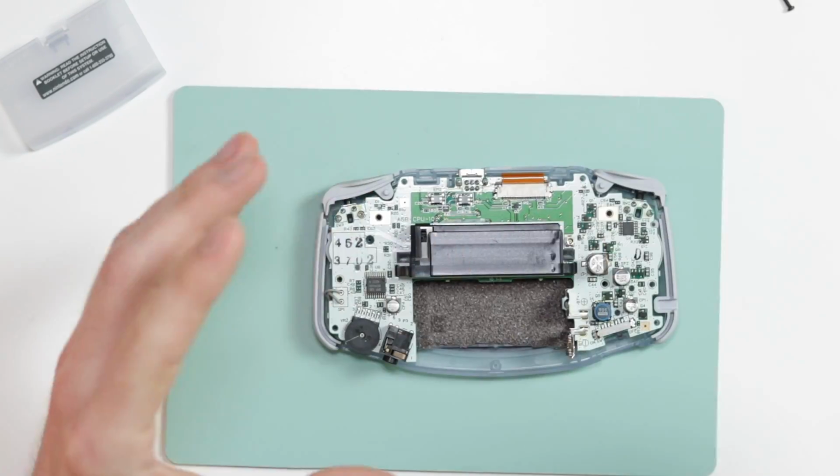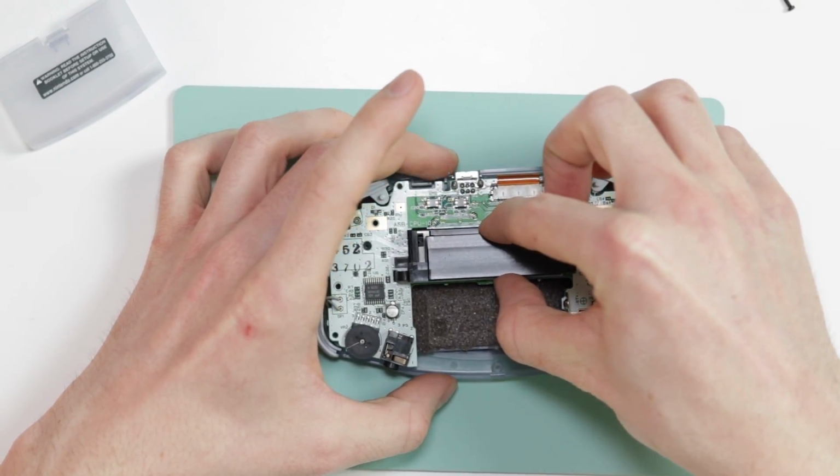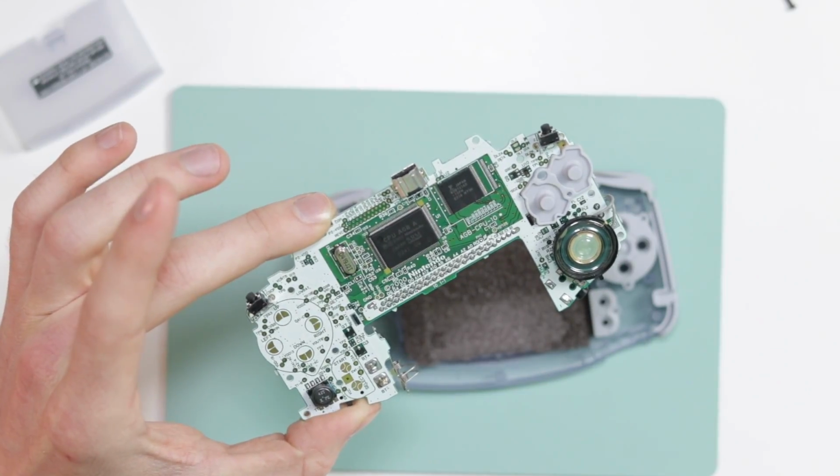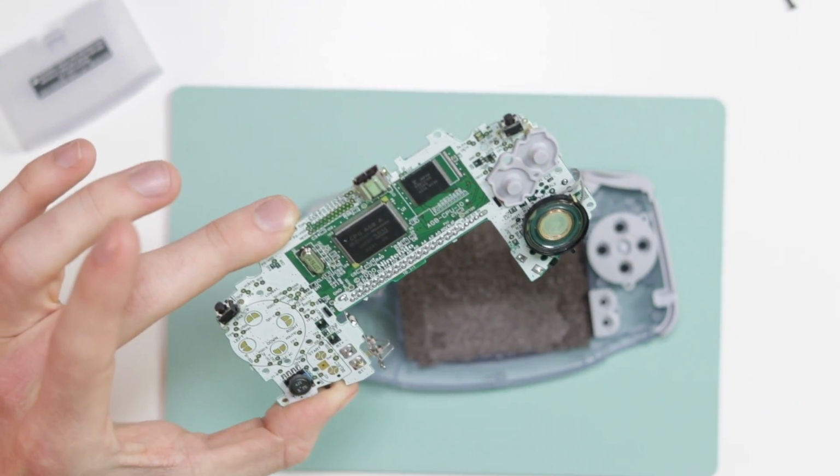But then again, some people might just not have adjusted their volume a lot. So I really don't know if they've just replaced this or repaired it. It's really difficult to tell. Okay, there we go. Flipping it over,